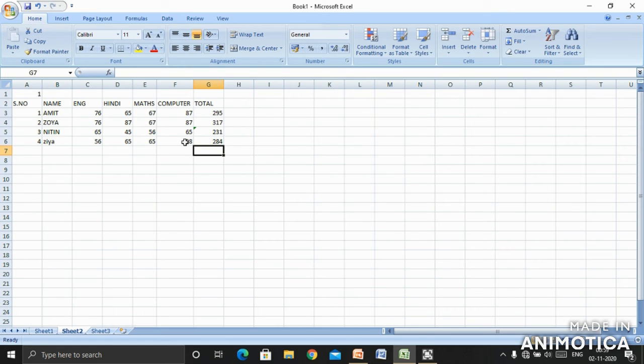Children, whenever we use formulas, it is known as doing calculation using a formula, and when we use the AutoSum function, that is known as the AutoSum function. So children, this was all about MS Excel, and here if you want to write a progress report. So children, this was all about your Microsoft Excel. It is a very simple lesson.